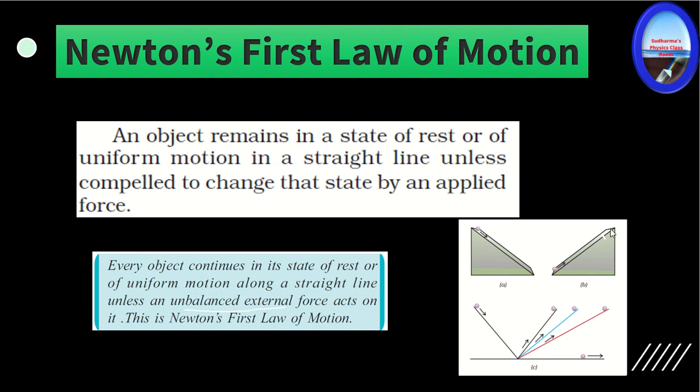But here there is a slope. So what happens? It just comes down and again climbs up this direction. And this process continues until someone stops it. Here you can see the slope of the inclined plane is different. So if this is the plane, the object just climbs up to this. If the slope is more, it can travel more distance.